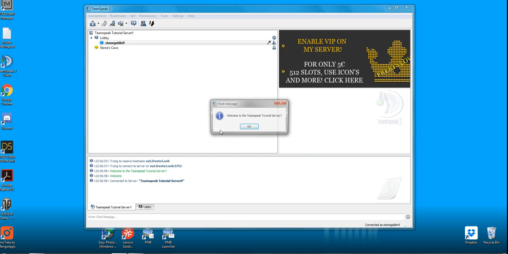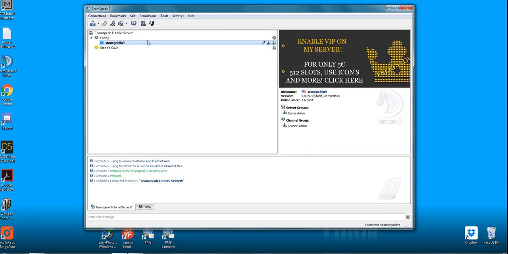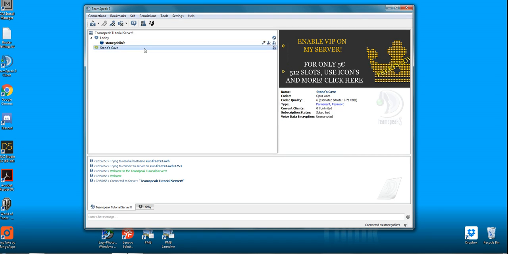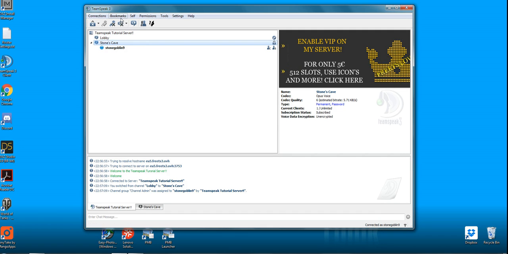Once you click Connect again, it'll bring you into the server, where you can go to any channel that you want as long as it's not password protected and you have the permissions from the server to go there. So I'm going to go to my cave,